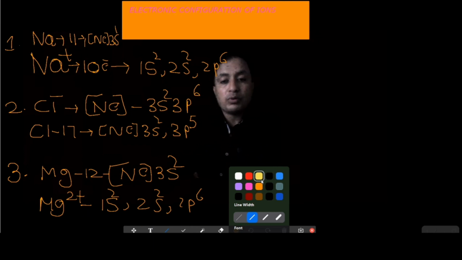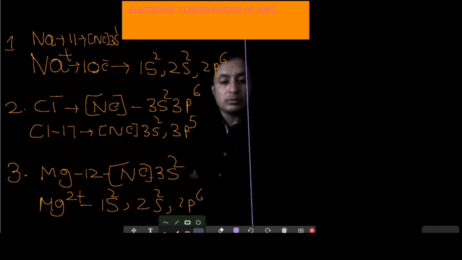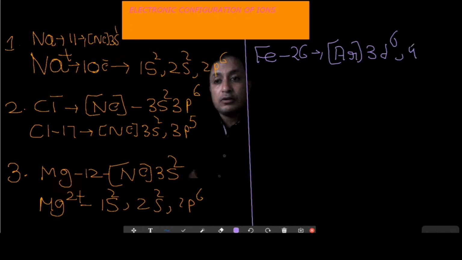Now we can take a few more examples to represent the electronic configuration of different ions. So the first one which we are going to use here is Fe. Now iron, you know iron is having the atomic number equivalent to 26. So when you write its electronic configuration in a shortcut method, it will be like argon, with 4s2 and 3d6 it will be. So it will be like 3d6 and 4s2. Okay, so it becomes 26.